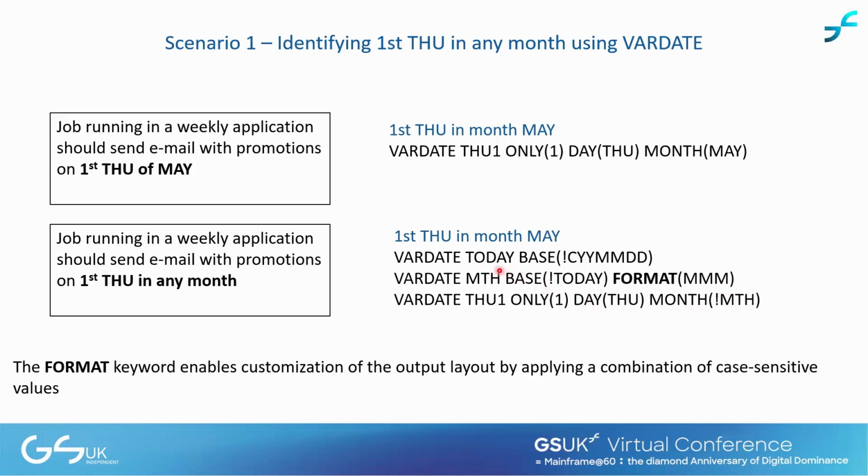The today variable will get the value of today's date, and by default, the var_date statement returns a format of YYMDD. So we use the format keyword here to change the format to MMM. And once we have that format, we can pass that acceptable format to the month statement